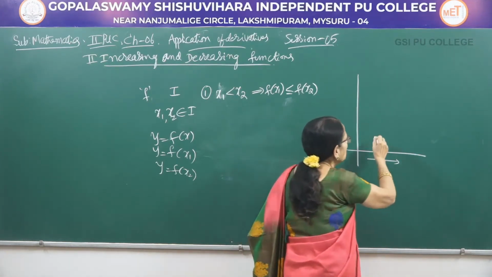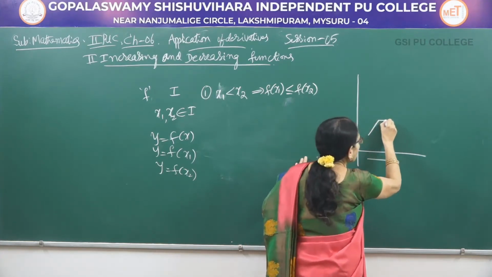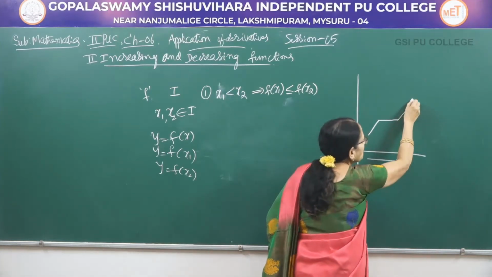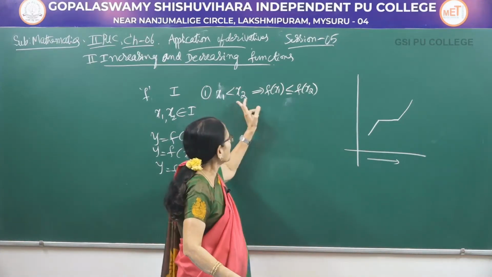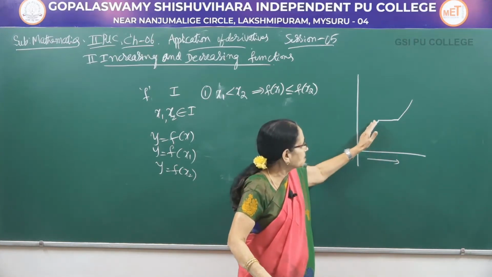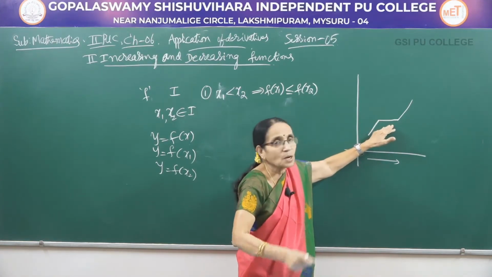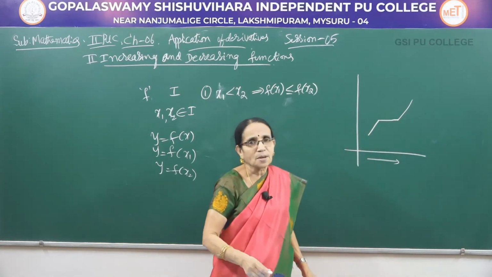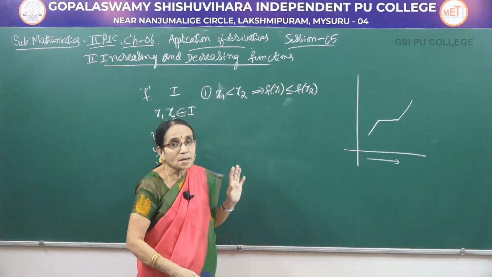Now, in that case, the function may be increasing like this, and here because of the equality, it may be lying like this. That means the value remains constant, and again it may increase. We call this an increase, that is why equality is there. See, x1 less than x2, the value of x is continuously increasing, you can observe here. First it increases, because of the equality it maintains the same y value, then again it increases. This is called an increasing function.